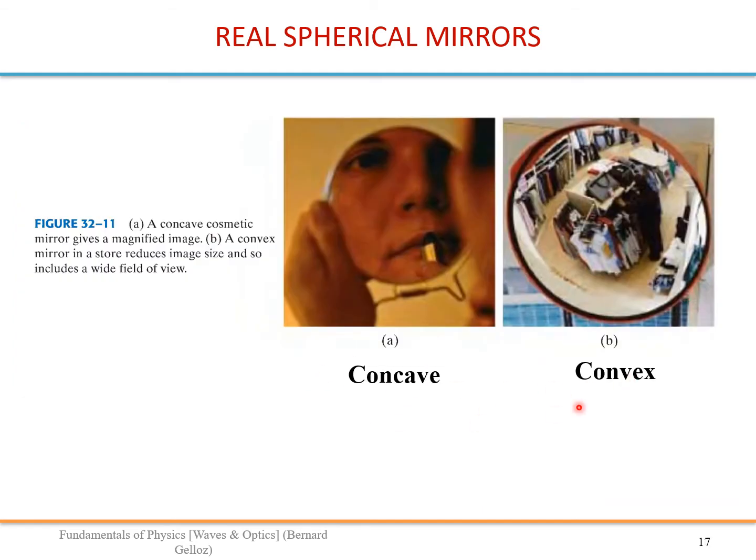So this is another example. This is again something in a shop, but you have that in the streets also, to look at some intersections or in some sharp turns. You have these convex mirrors, and this is a concave mirror again. That one is interesting because in this case we can see that the image is not inverted. So something is going on for concave mirrors. In some cases you have inverted images, and in some cases non-inverted images.